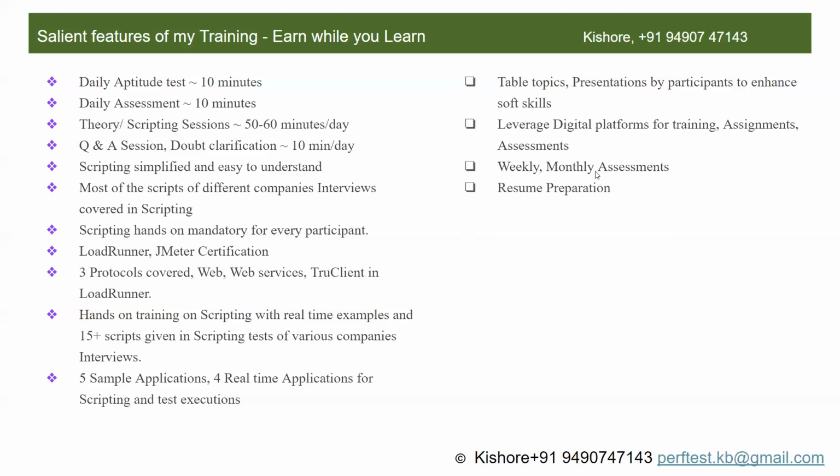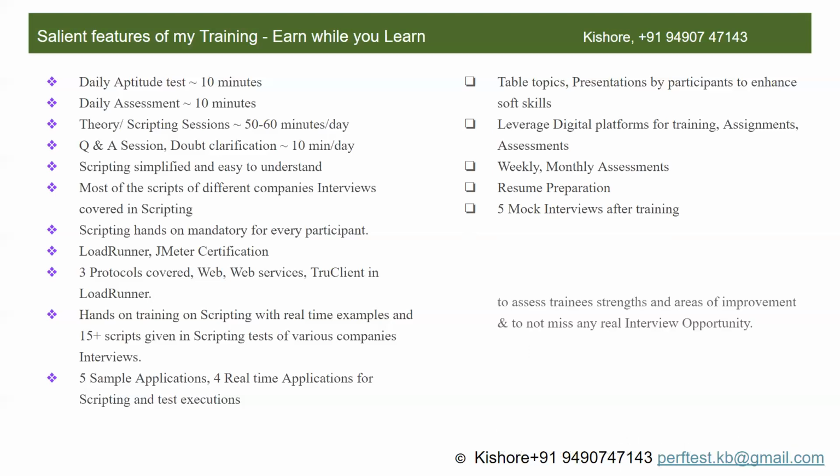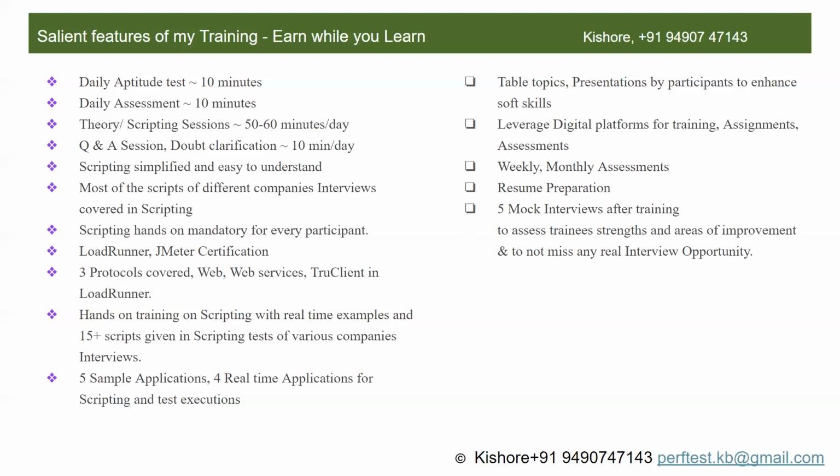And once done with the training, we help in resume preparation, right? Once resume preparation is done, we will be scheduling 5 mock interviews after the training. The first mock interview will be taken by myself, right? These mock interviews are to assess your strengths and areas of improvement, and to not miss any real interview opportunity.